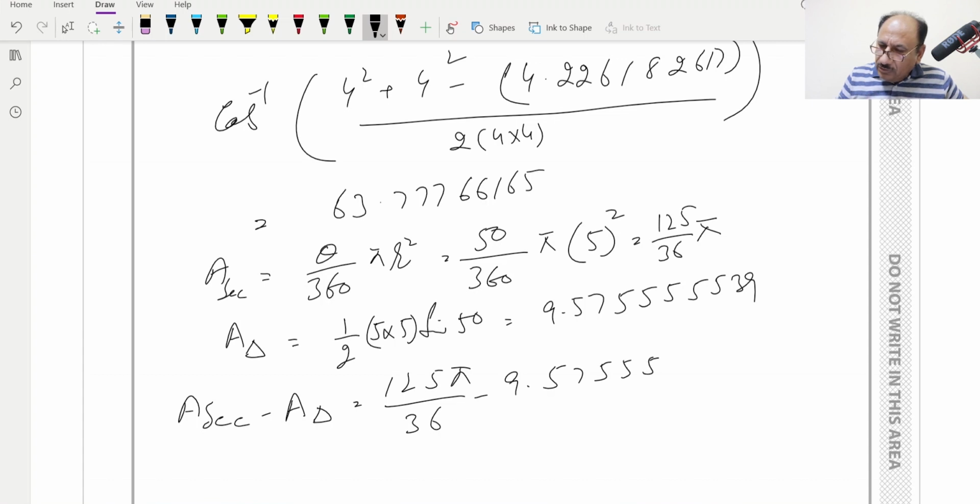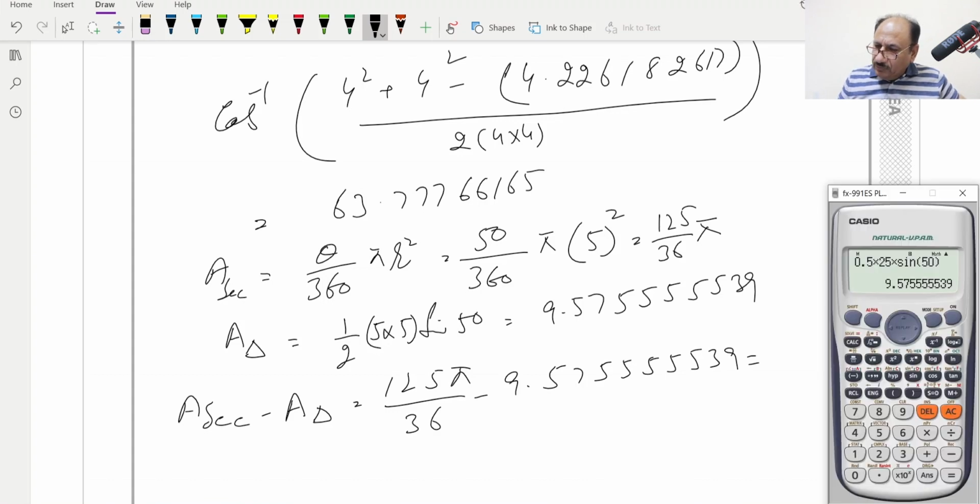This is already there, so I will write here fraction 125 pi over 36, and minus the answer is equal to